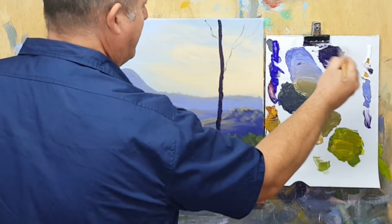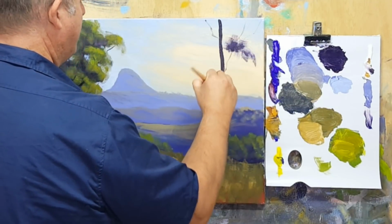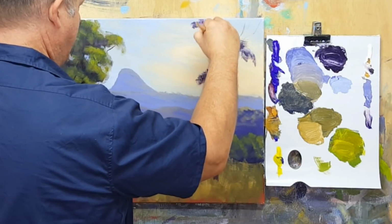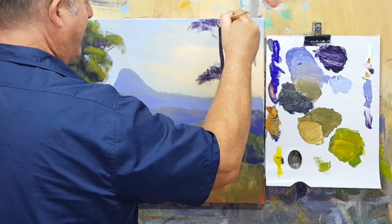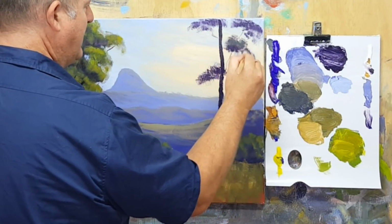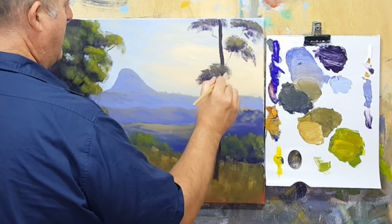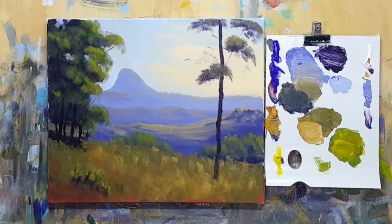Take a clean brush and we'll just use the same dark. And just run that in like there, maybe a little bit there. Maybe up there. So that just creates a nice vertical, because there's a lot of horizontals in this painting. And fills out some of that sky area as well. We'll just pick up some of this dark green here. Hints of it here and there,